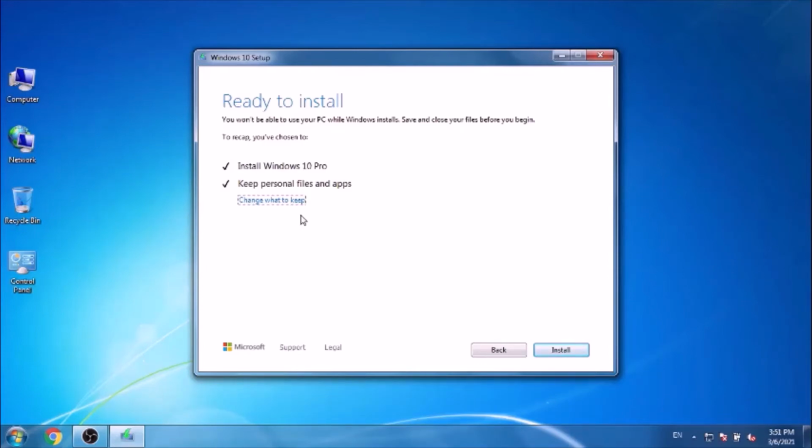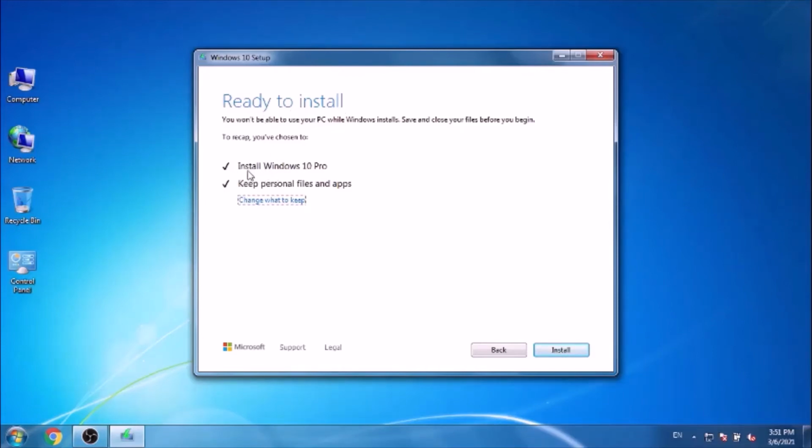You can choose whatever you like, whatever options you need. So you just click Change what to keep, then you can see all the options there.